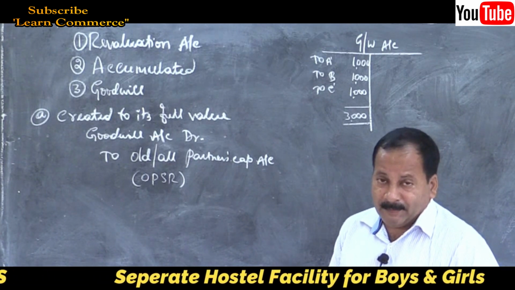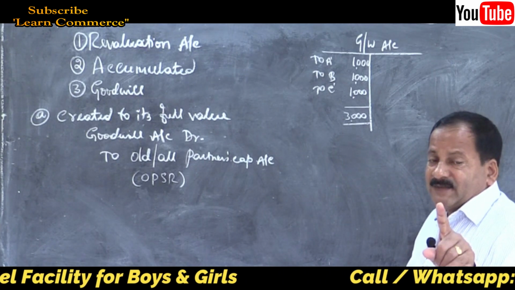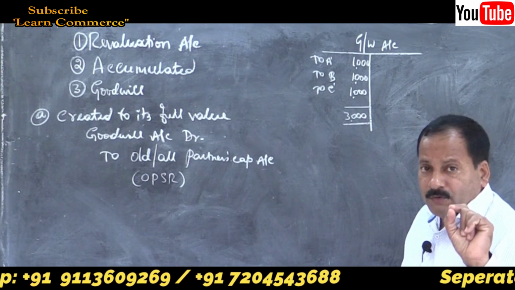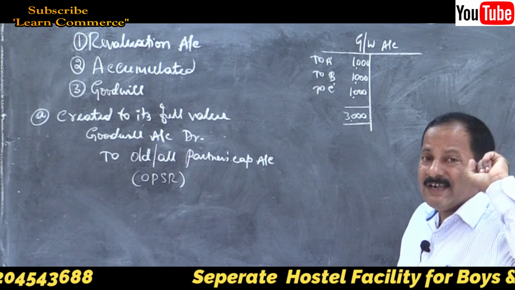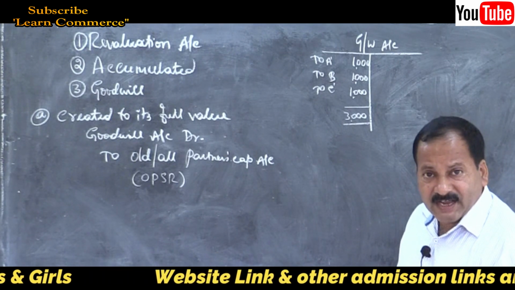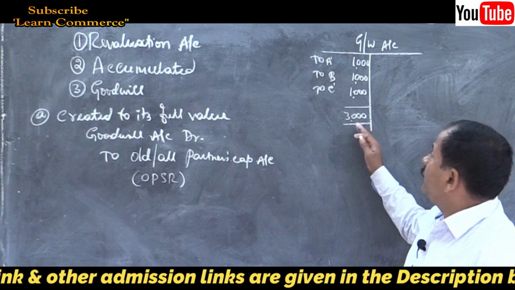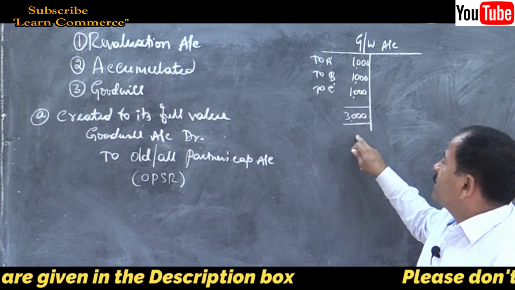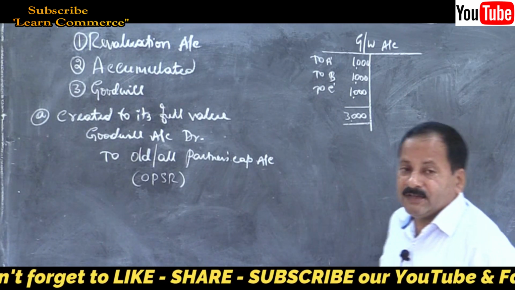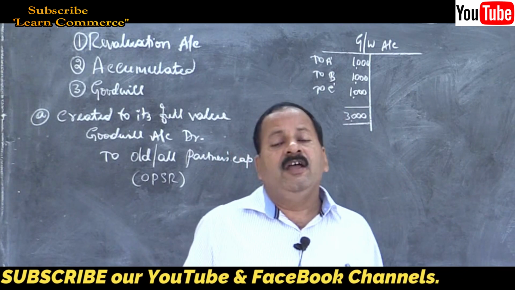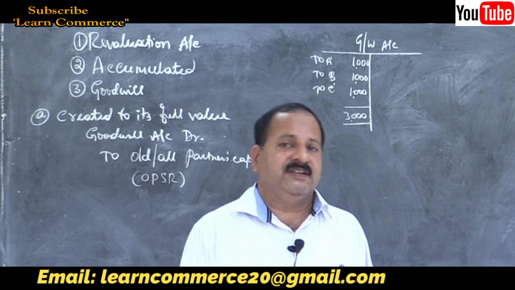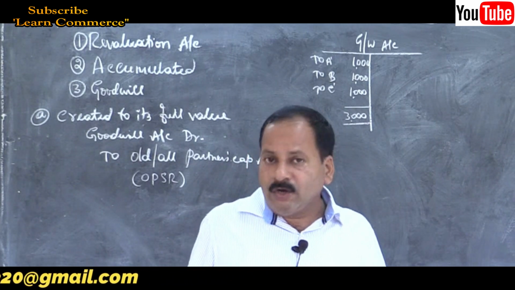Goodwill being an asset. Remember, anything that shows a debit balance will appear on which side of the balance sheet? Asset side of the balance sheet. Anything which shows a credit balance should appear on which side of the balance sheet? Liability side of the balance sheet. Correct. So here the goodwill account is showing by balance carried down to balance brought down. That means goodwill shows a debit balance. So this will appear in the new balance sheet after retirement of the partner. That is what we have to do under the first method. Here the retiring partner is not bringing any cash.